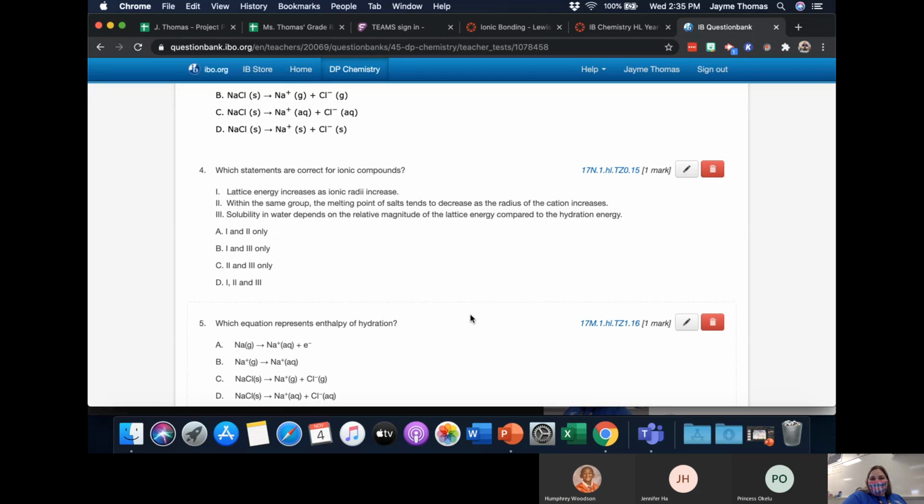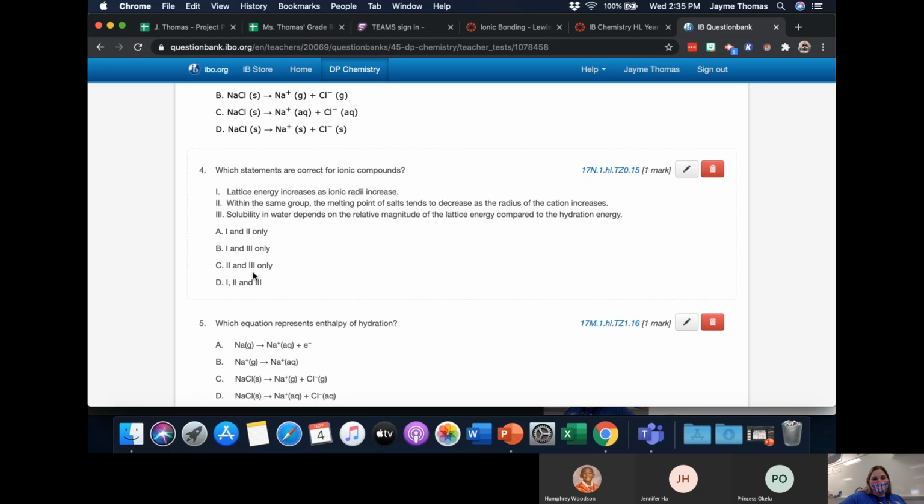Okay. So this one, which statements? Don't y'all love these questions where you have to figure out which statements are true and which ones are not? These are like the best questions. All right, so which statements are correct for ionic compounds? So we have to read all three and check to see which ones are true. But remember on these, sometimes if I can eliminate one of them, if I know one of them's not true,